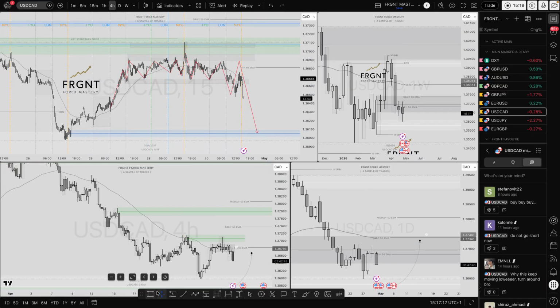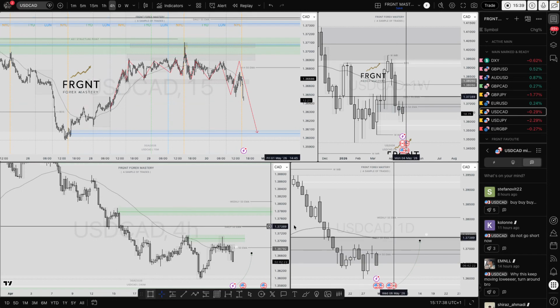Also, if you look at the fact that my cross pairs are indicating shorts, i.e. GU, EU, and AU are indicating shorts, I shouldn't also be seeing a short on a US dollar pair either. It doesn't make any sense. So as a result of having that amount of conflict, I've had to be quite picky in the trades that I'm looking to take, just so it continues to make sense.